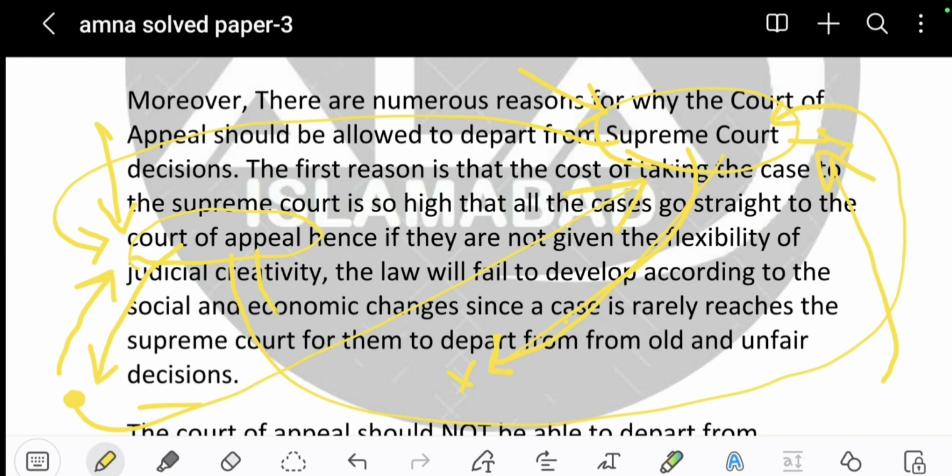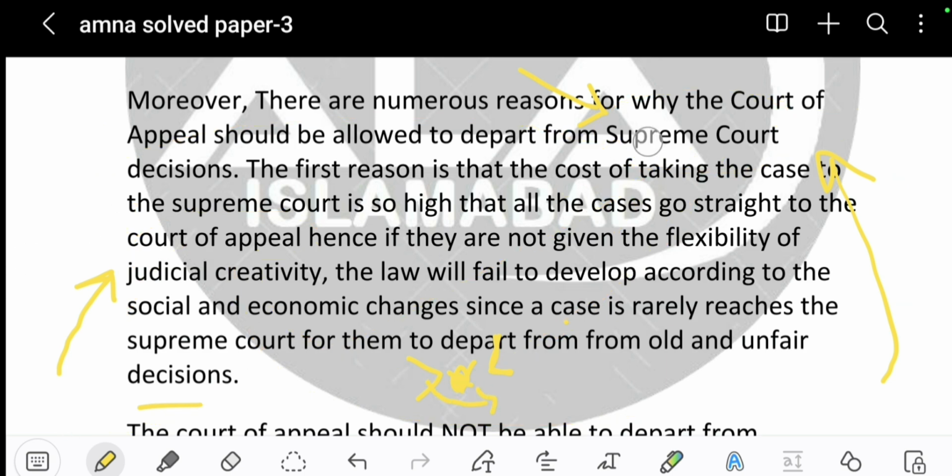That's the reason the Court of Appeal wanted to not follow the same decision, and they wanted to depart from it. But no, this will not happen because the Supreme Court has the authority to overrule the decisions. No other authority can overrule the decision of the Supreme Court. So in this whole paragraph, I've said that